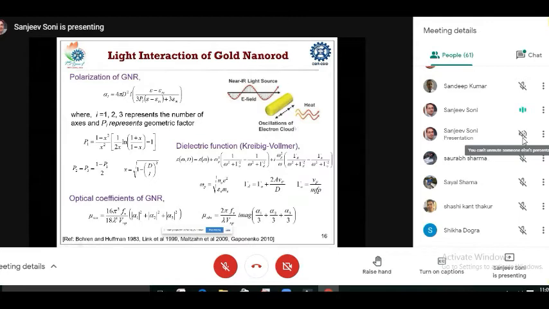So when the dimensions become lower than the mean free path, then the dielectric function of a particular material starts depending on the size also, apart from the frequency. So for such kinds of materials, we need to consider the dielectric function as a size dependent function also. And there are various equations which are available in the literature. So once we compute these, we can come up with certain coefficients, optical scattering and absorption coefficients. And based on these absorption and scattering coefficients, we can estimate that, okay, this much energy is being dumped in the vicinity of a nanoparticle.